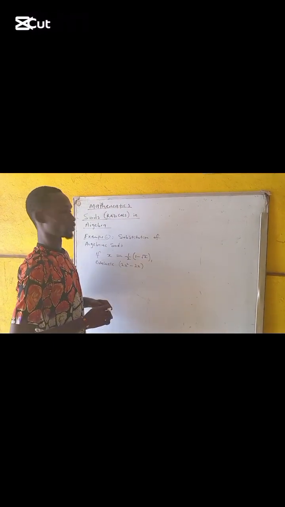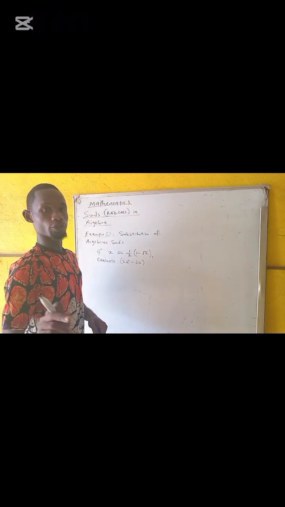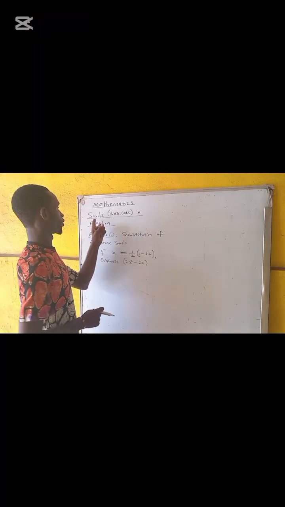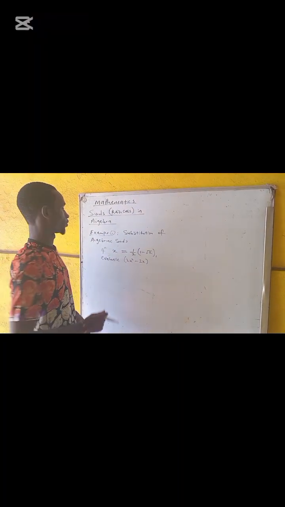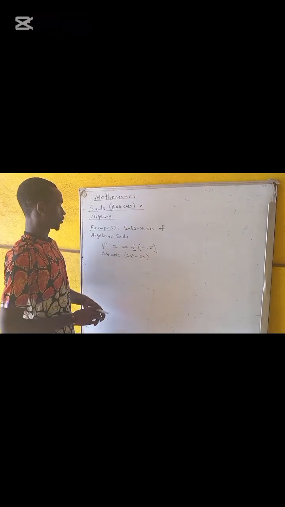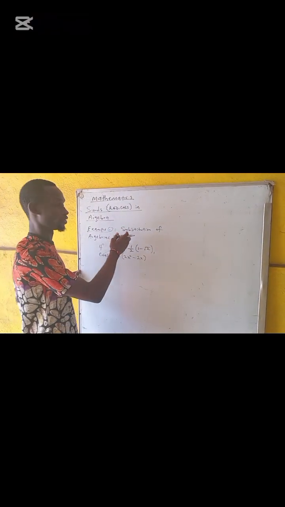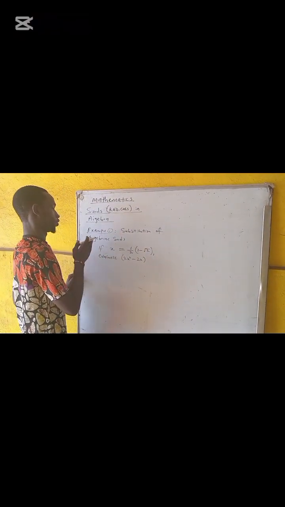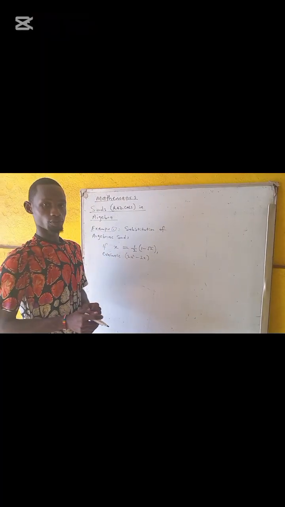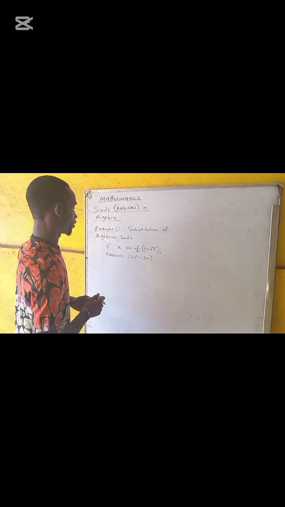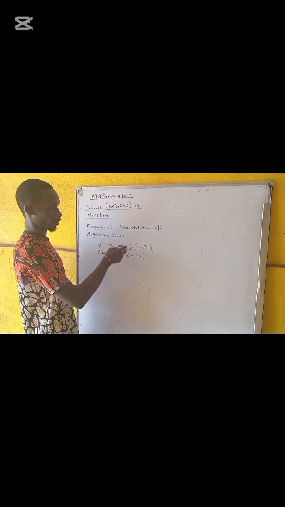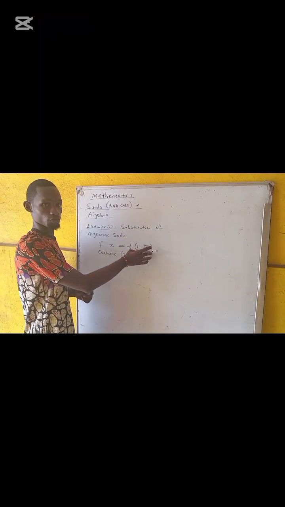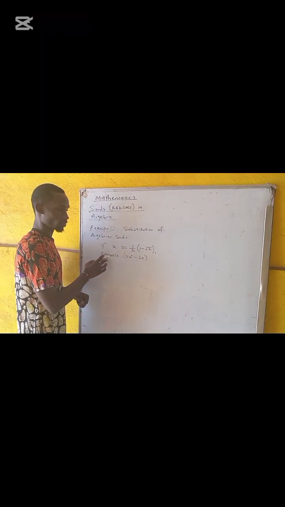Okay, now we want to look into radicals in algebra. The first example we have here is substitution of algebraic sort. We have a question here that says if x is equal to half of this radical sort, evaluate this